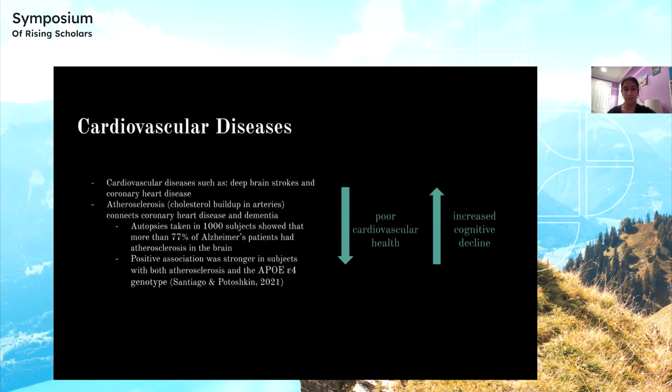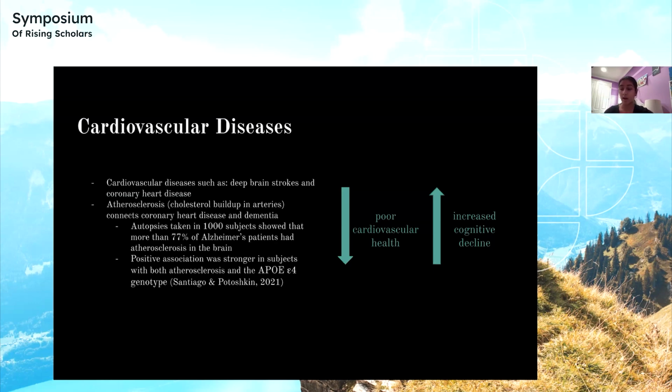Another comorbidity that is present in Alzheimer's patients is cardiovascular disease, specifically deep brain strokes and coronary heart disease. Studies suggest that coronary heart disease, which is the most common type of heart disease, is a risk factor for cognitive impairment and dementia, with atherosclerosis, or the buildup of cholesterol within arteries, as the underlying cause linking these two